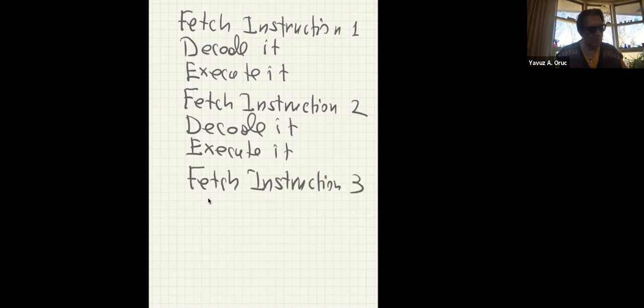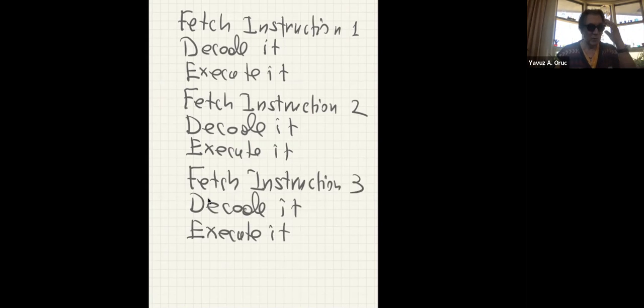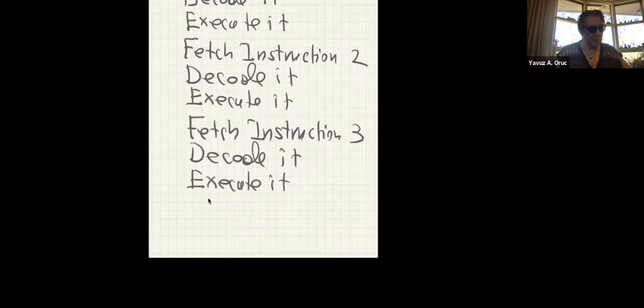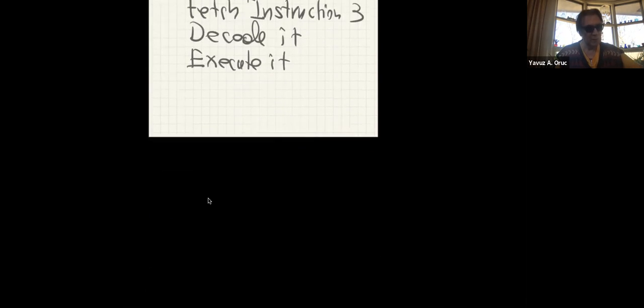Instruction 3, decode it and execute it. Okay. Now, if we want to execute these instructions forever, the computer basically will do this by itself. We don't have to do it, except to point to the computer that we want to go back to the first instruction. Okay, so that's what the computer will help us do once we tell it to go back and